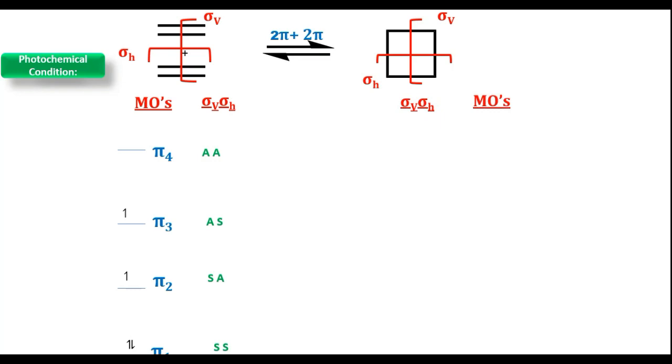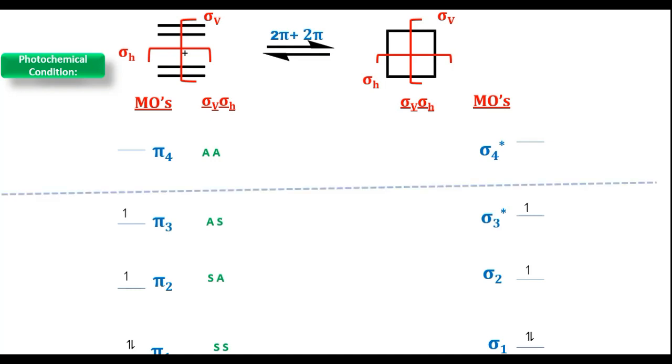Now come to the molecular orbitals of the product and their symmetry elements. What are the molecular orbitals? Sigma 1, sigma 2, sigma 3, sigma 4. Sigma 1 has 2 electrons and sigma 2 as well. 1 electron is promoted from sigma 2 to sigma 3 due to photochemical irradiation. The symmetry elements are: sigma 1 belongs to symmetry, sigma 2 belongs to asymmetry and symmetry, sigma 3 belongs to symmetry and asymmetry, sigma 4 belongs to asymmetry and asymmetry. You see friends,